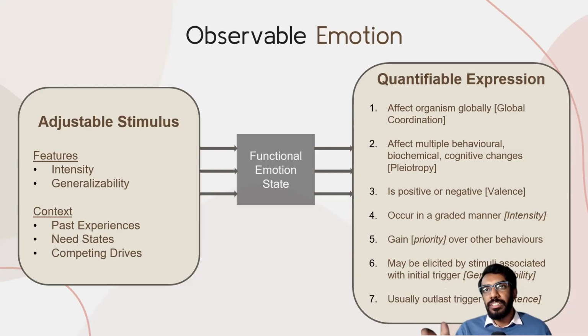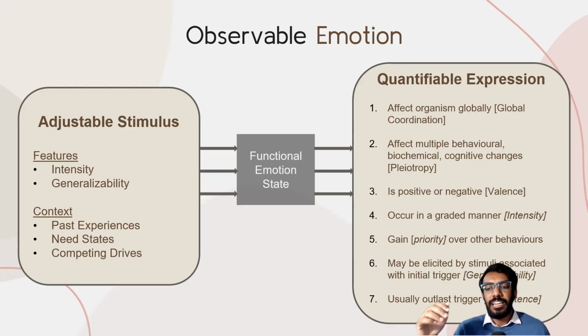This is also very important in terms of clinical relevance, because we have this tendency to think that we are very intelligent beings, we are a very intelligent species, so we're not really troubled by things such as emotions. But emotions tend to gain priority over other behaviors. They affect your cognition, they affect your thinking. A very common example is if you're trying to study but you're also feeling very anxious at the same time, then this anxiety will take priority over your cognition, so your ability to study may be impaired during that period.